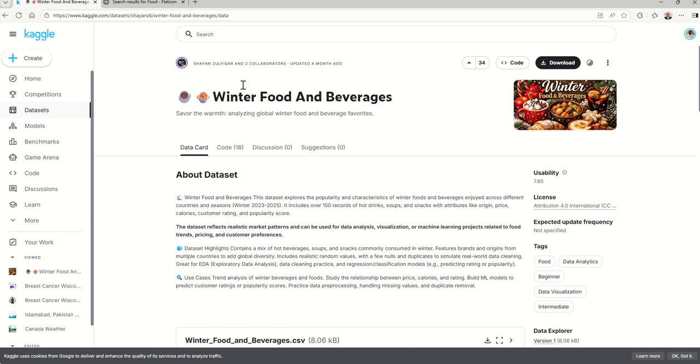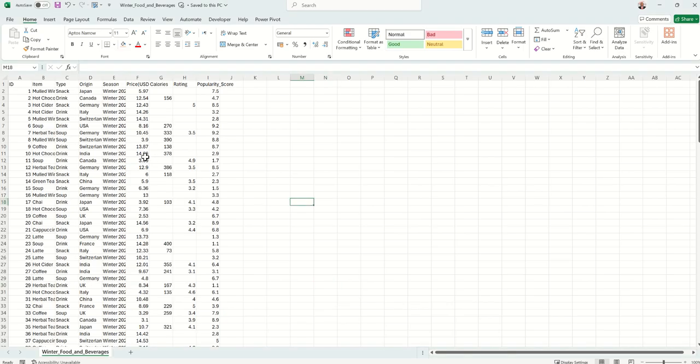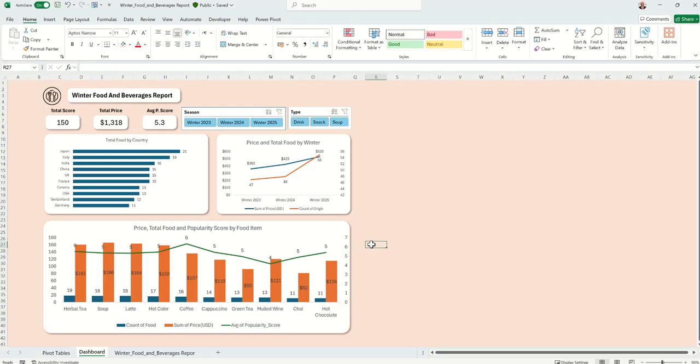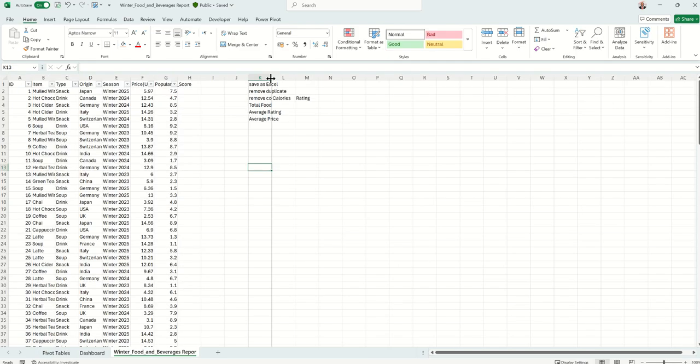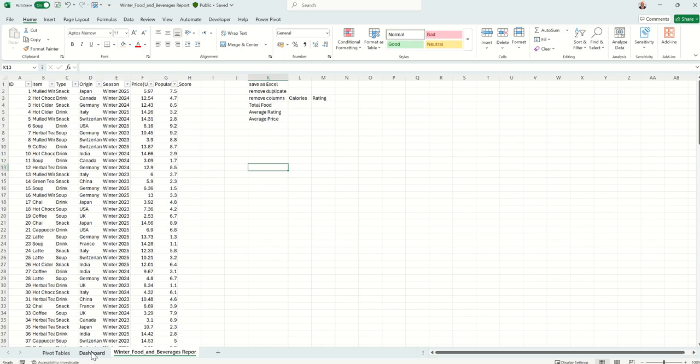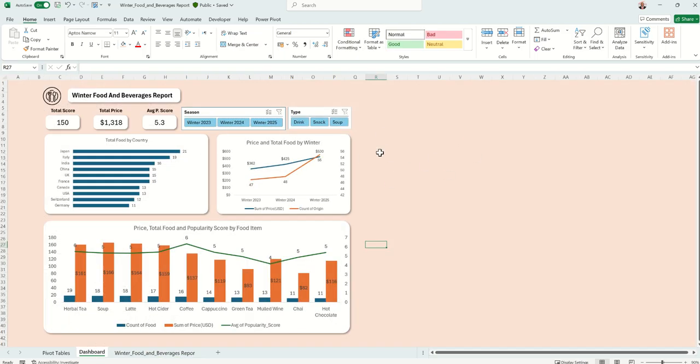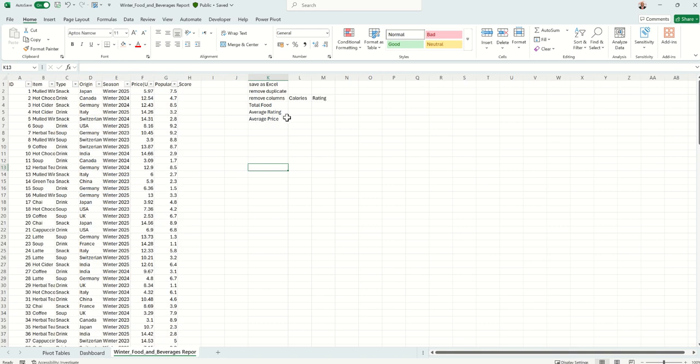So I've done mine, and I'm going to be showing you the data set directly from Excel. So this is the raw data set where I've downloaded and I have every other thing here. But the process that we are going to be taking, I will take us through this process here. So I have step-by-step activities that we need to do in order for us to have something similar to this. So the first thing is that I'm going to be saving my data